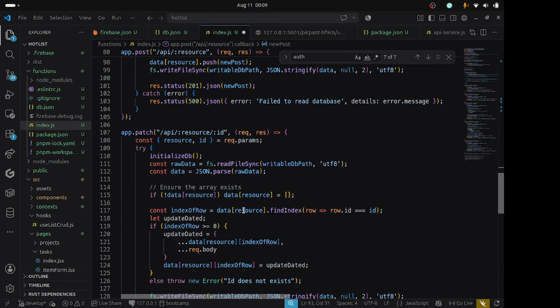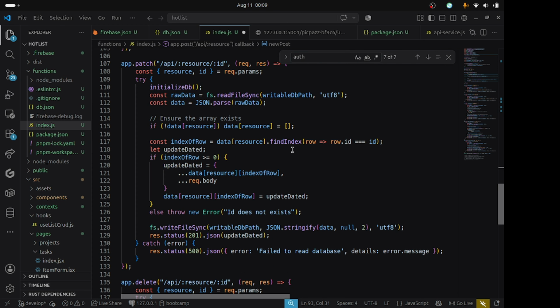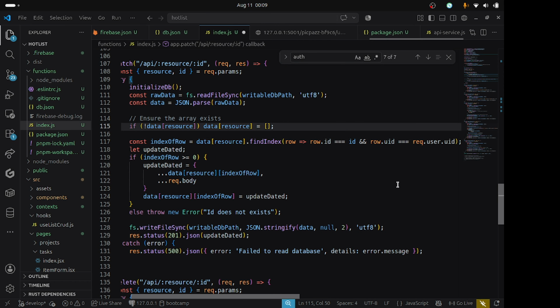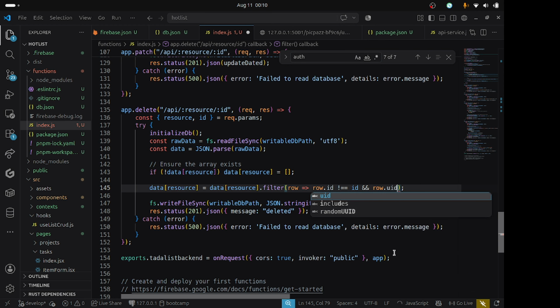Tukijaribu ku update, we also need to filter here and then UID everywhere we go, and then we will see, and UID equals to